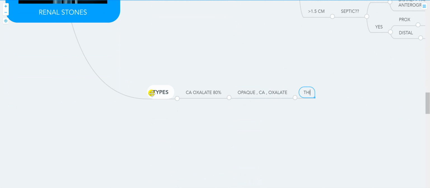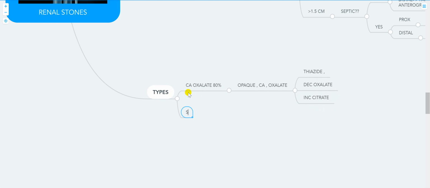How do you manage it? You can give thiazide, and you can decrease oxalate and increase citrate. This is the management in the diet. Or it could be the struvite stone. If it's struvite, usually it's opaque